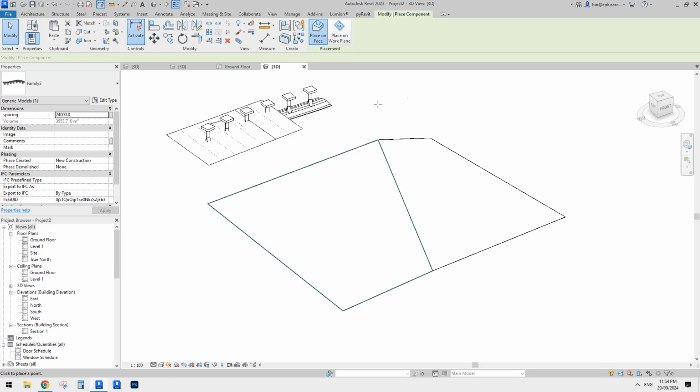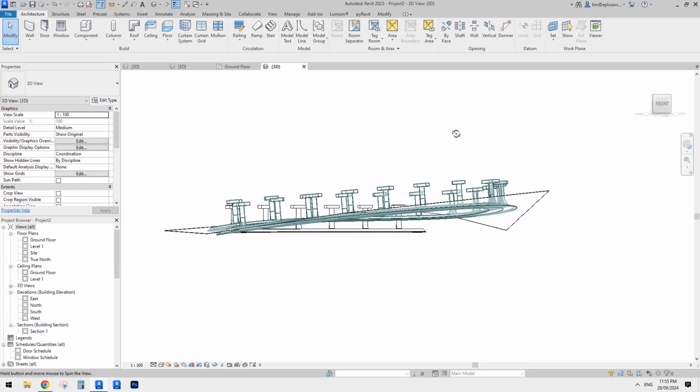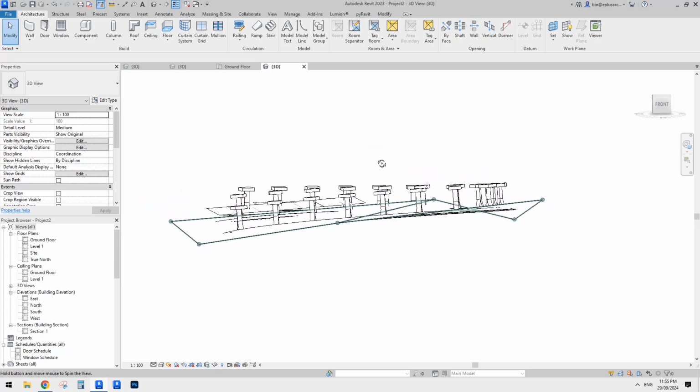Okay, and we just need to wait, and let's have a look. My computer is a bit slow. Struggling. Okay, so great. See, it's following the floor, but